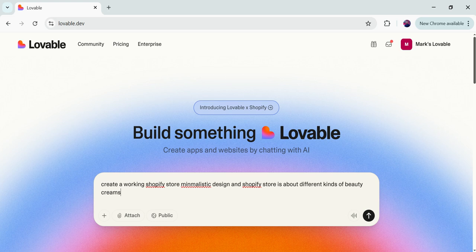But if you want to create a more accurate version of your thoughts, like you want to convert your thoughts into an actually working Shopify store, you can take the help of ChatGPT for creating custom prompts for you. Okay, so I'm going to proceed with this one because I'm going to show you how this works for creating a Shopify store. So I will just hit this arrow button.